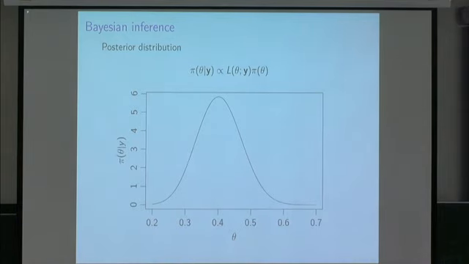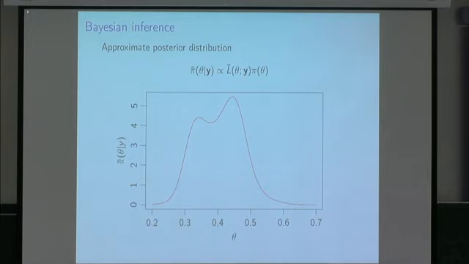If you want to do Bayesian inference, you know that the posterior distribution is proportional to the likelihood times the prior. If we have an approximate likelihood, you can just plug that in instead, and we have an approximate posterior distribution proportional to the approximate likelihood times the prior. I'll just mention very briefly, this is quite strongly connected, in the case of my example 1, with the Laplace approximation. This is quite strongly connected with INLA, which will be the subject of the next talk, so I won't say anything more about it than that.